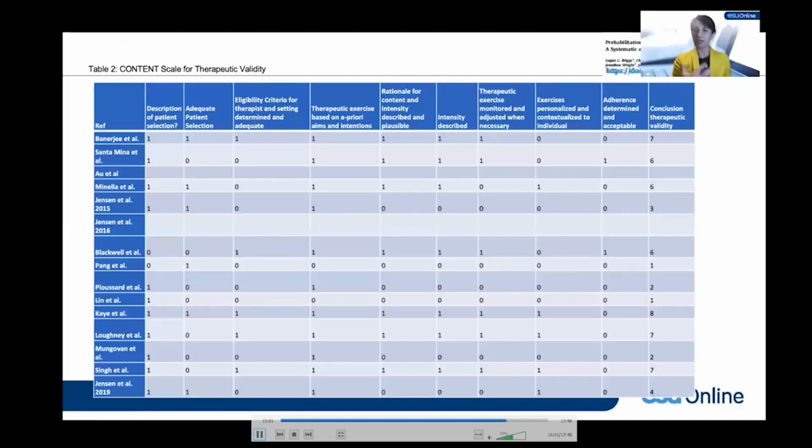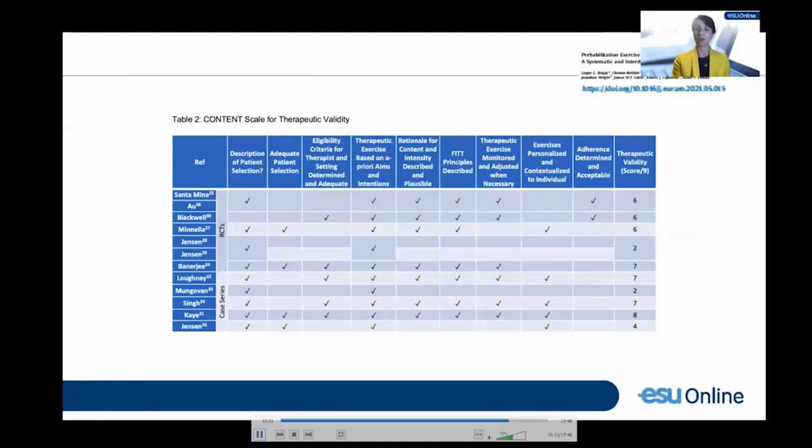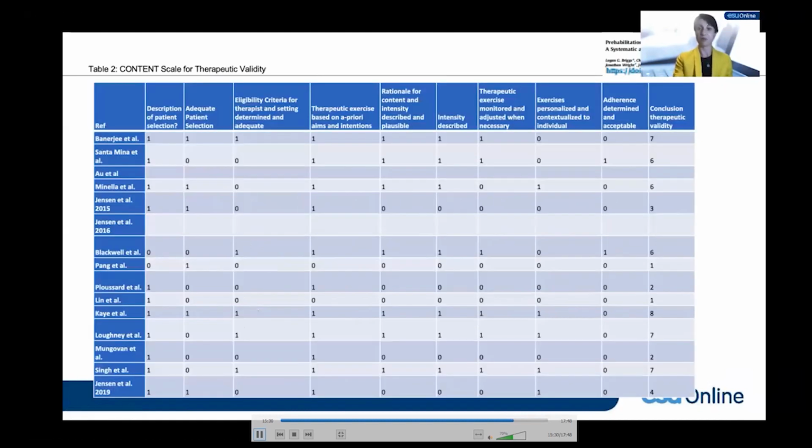When you look at big tables like this, it's really hard for readers to look through and identify the key information they're supposed to come away with. And your eyes just kind of gloss over these sorts of things. This is a much cleaner depiction of that data that we just looked at, which came from a systematic review that colleagues and I just recently wrote, that makes it clear which criteria within a specific assessment scale were met by different studies, as opposed to, as if we go back, just a number of zeros and ones.